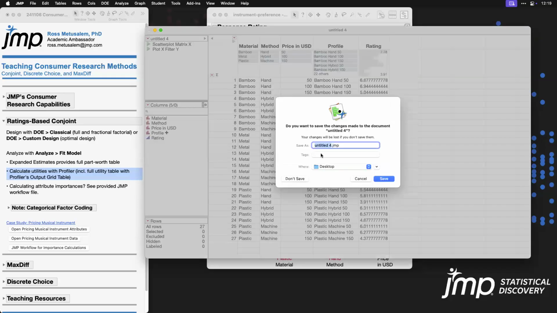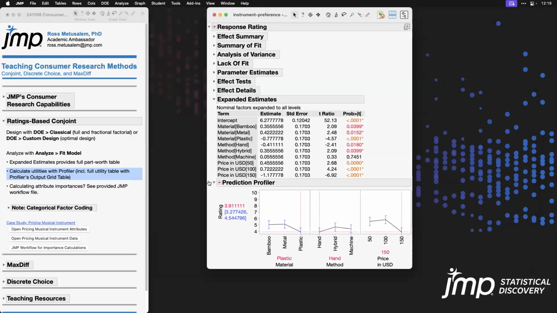All right, let's get rid of that table and introduce just one more issue here. With rating-based conjoint, we typically want to calculate attribute importances. So what's the relative importance of material over method, or method over price? If we teach this, we know that you take the range of part worth values for each attribute. Then for any attribute, you take its range divided by the sum of all ranges to get